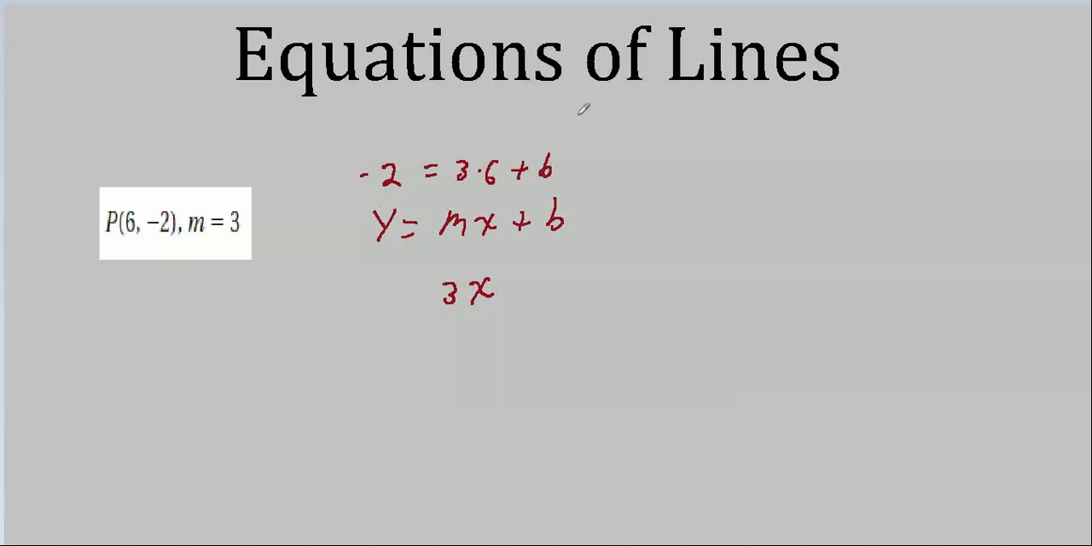Well, minus 2 equals 18 plus b. I think that leads to b equals 16. So we put a 16 down here, that's our b. And that's our equation for the line. Does it make sense? Well, it better, because we use the fact that it makes sense to solve this equation. In other words, if I plug a 6 in here,